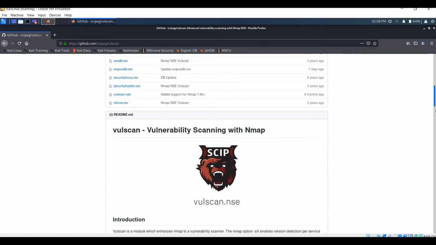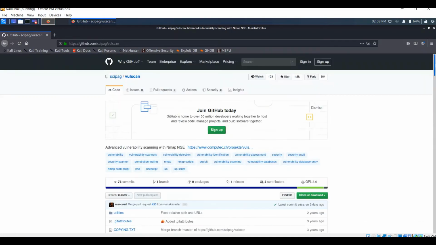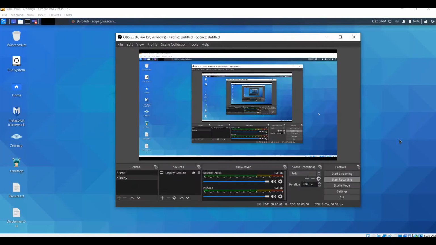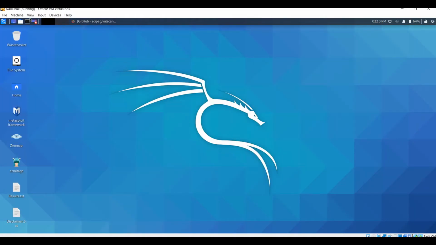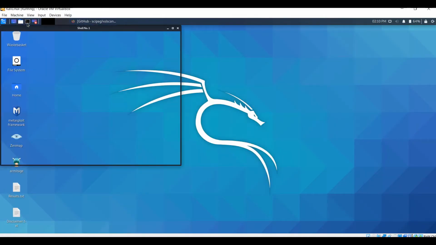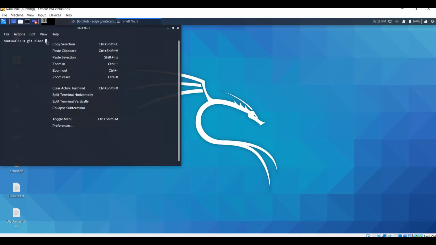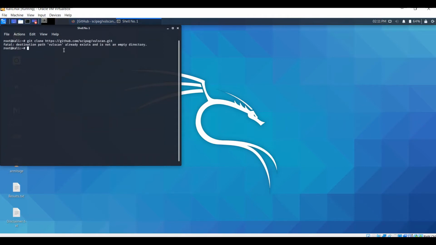It gives you all of the information, and to download it you just copy this link from here, and I'm going to come back into the shell or the terminal and type in git clone and paste that into here. I have already downloaded it, which is why it says that vulscan already exists, but this is what you would do